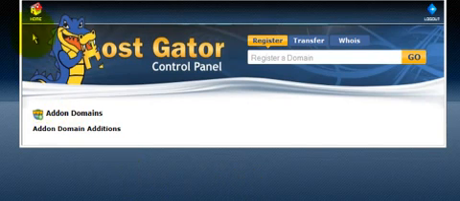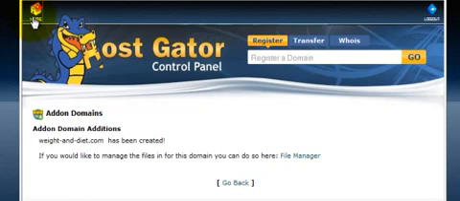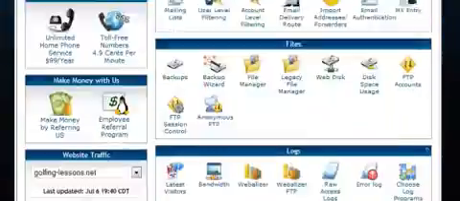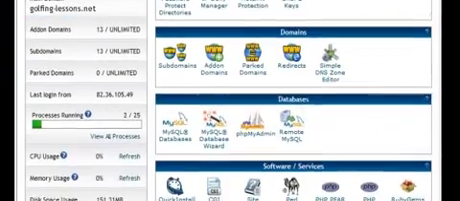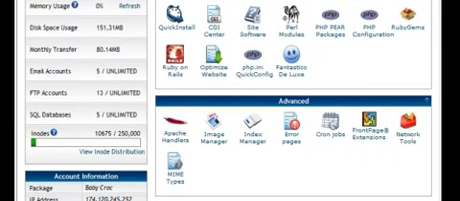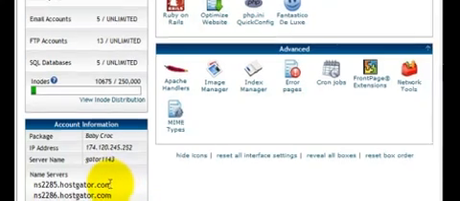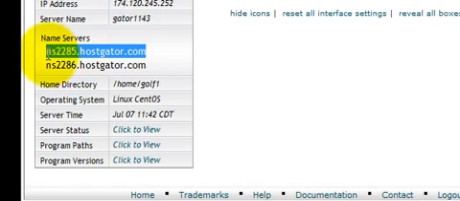Now returning to the home page, I'm going to scroll down the page down here, and there you will see the name server settings. So your numbers will not necessarily be these, but what I'm going to do is take a copy, go to my spreadsheet,